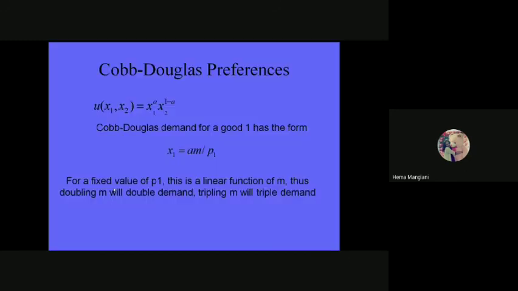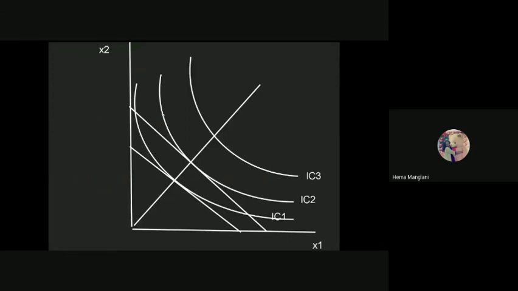Similarly, we can discuss the Cobb-Douglas preferences. Here this is the demand function for the Cobb-Douglas. How to derive it will come later, because we are not discussing demand right now. But this is the utility function: x1's power alpha, x2's power 1 minus alpha. This utility function supports the MRS also: when x1 is increasing, then x2 has to decline. So your Cobb-Douglas preferences would be like this. Same as what we discussed about homothetic preferences, because it supports homothetic preferences too.